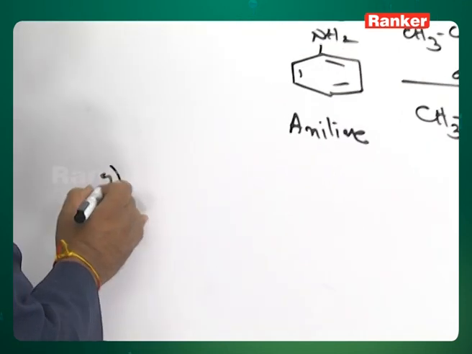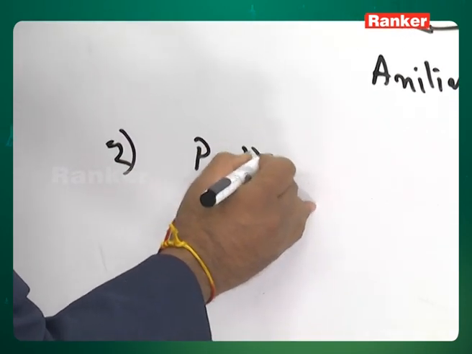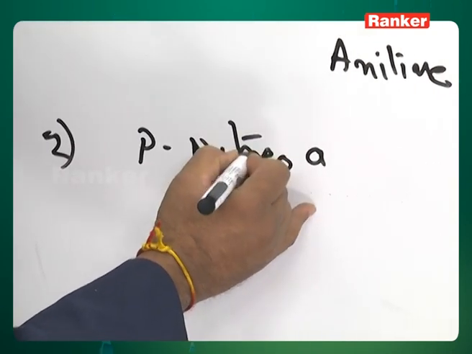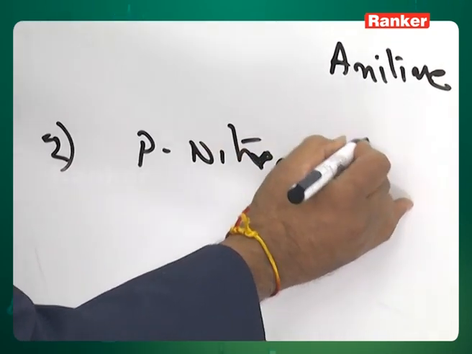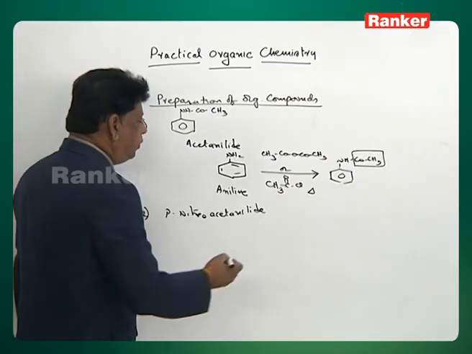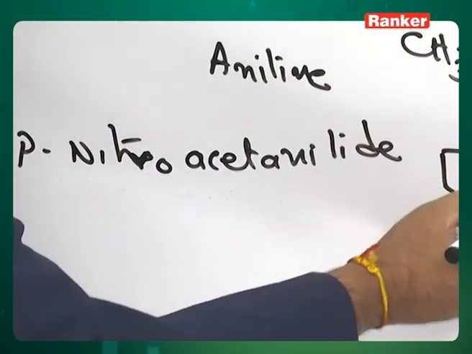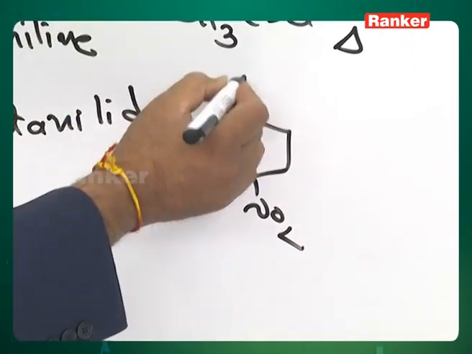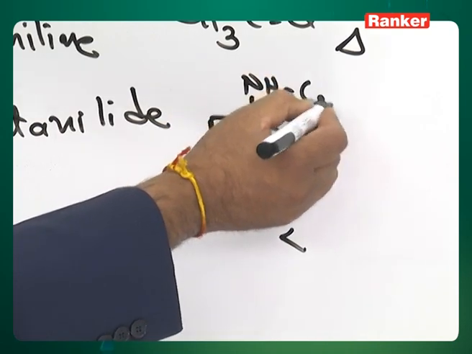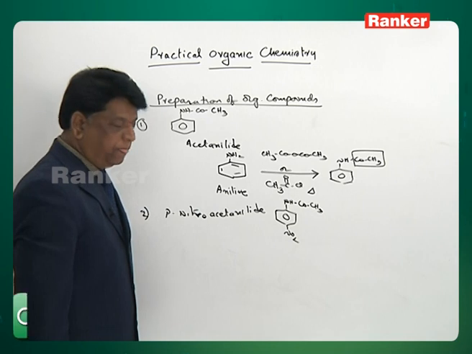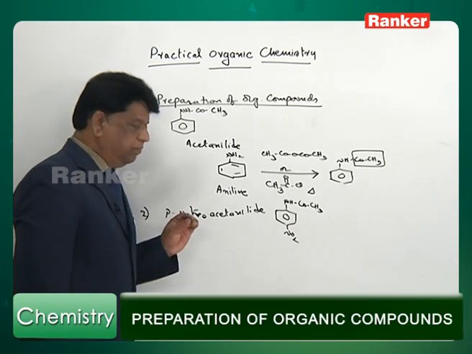The second preparation is paranitroacetanilide. It means you have a nitro group at the para position. The upper group is the same. Acetylated aniline plus para nitro. Now, the problem in this compound theoretically,